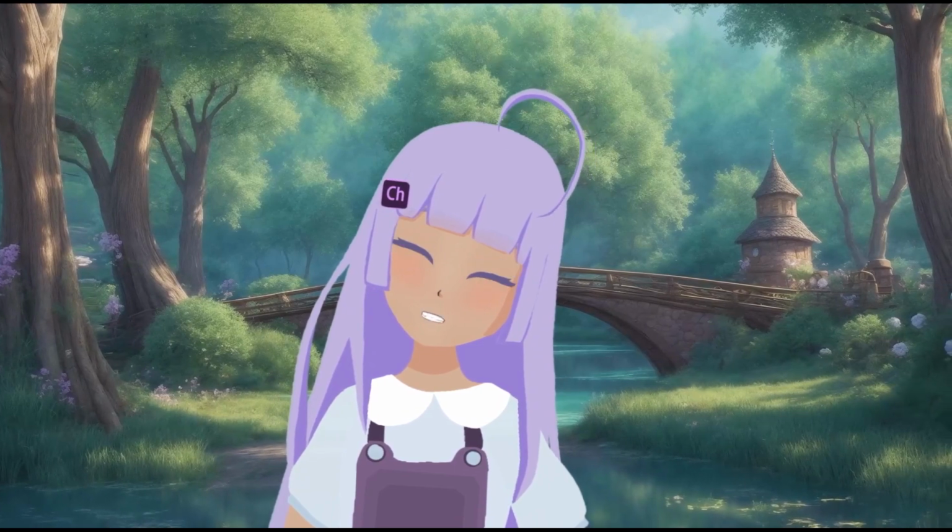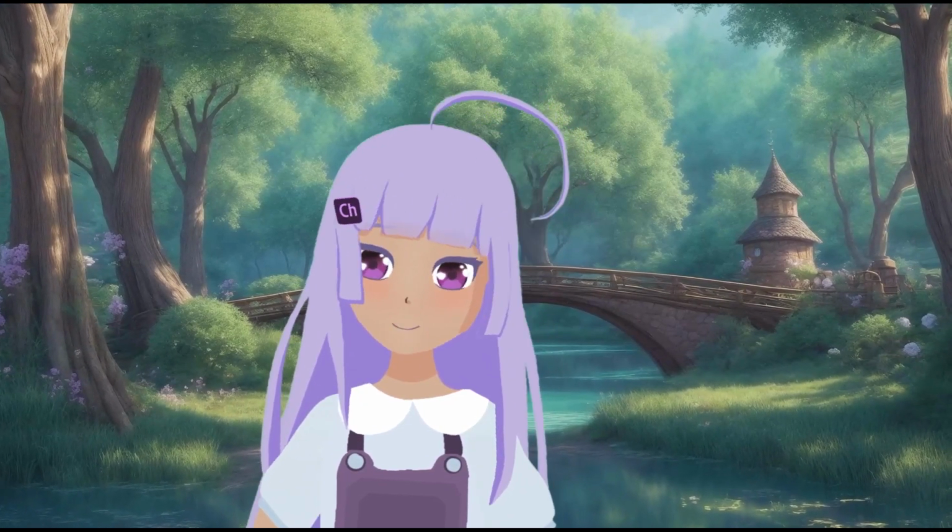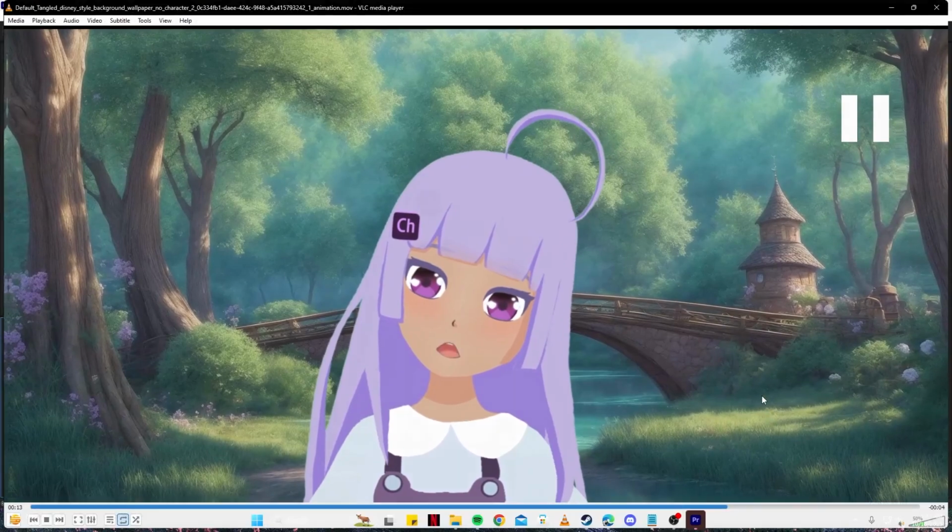A stunning young woman with flowing golden hair that shimmers in the sunlight. She's dressed in an elegant yet practical